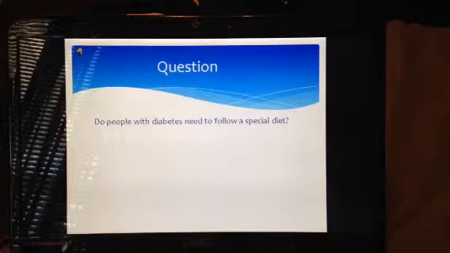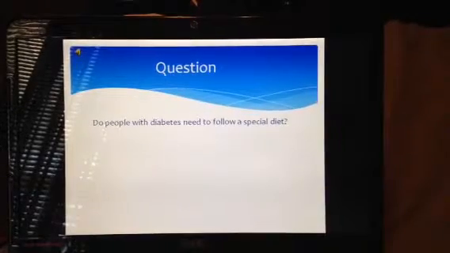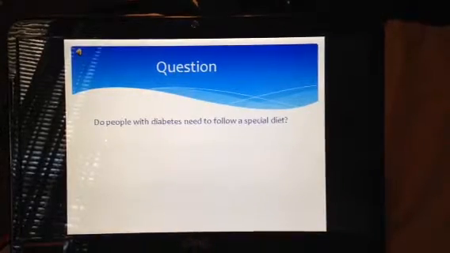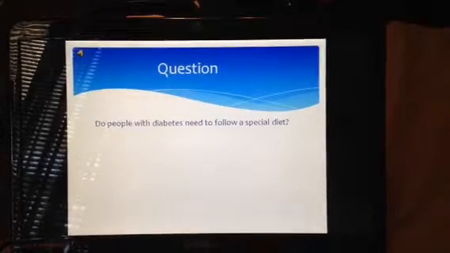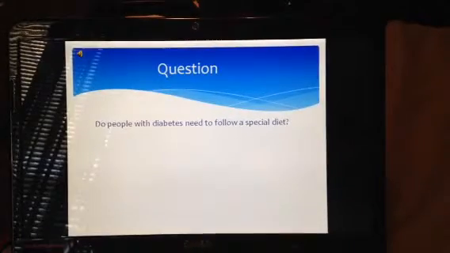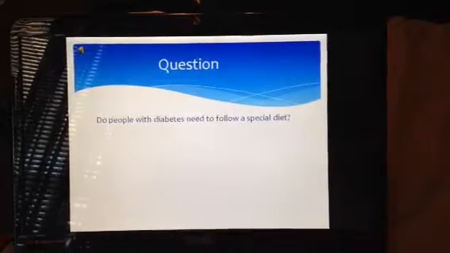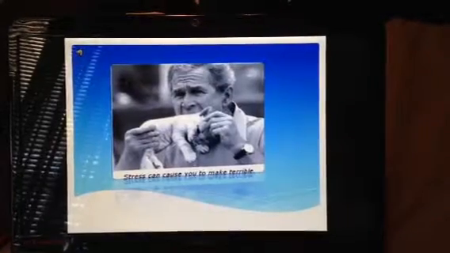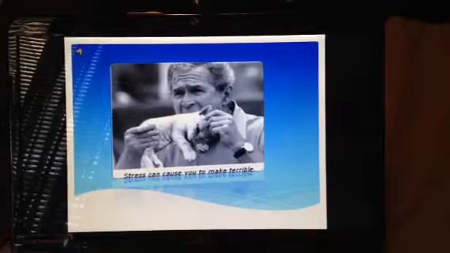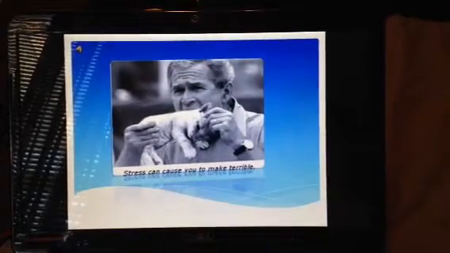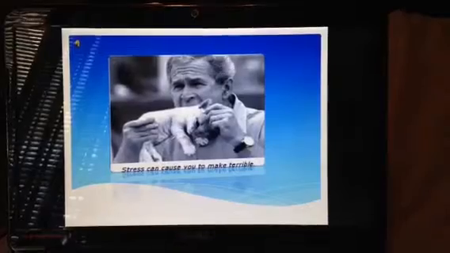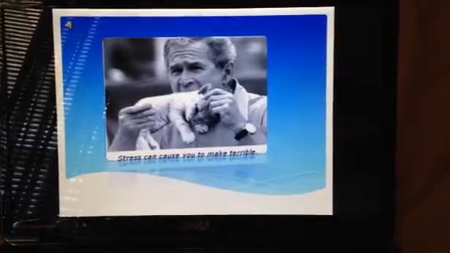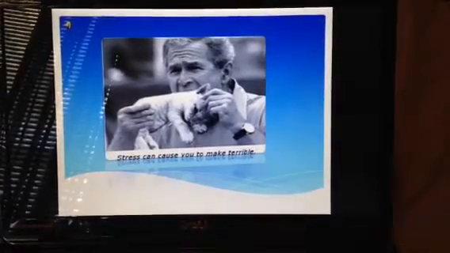Question number 2. Do people with diabetes need to follow a special diet? Then I will call on the students, and the students will have a chance to discuss it amongst their group, and then I will call on each group, and they will give their answer and why they chose their answer. The students will debate the answer, and ultimately I will give the correct answer, which is: people with diabetes benefit from the same healthy diet that is good for everyone else. And this leads us into objective 3,